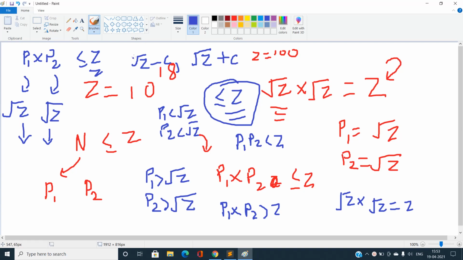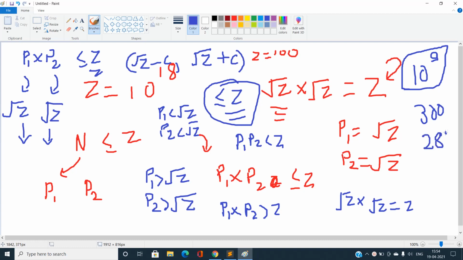Okay, so there is some fixed logic: the maximum difference between two consecutive prime numbers for values around 10 power 9. If Z is at most 10 power 18, root Z will go up to at most 10 power 9, and the maximum prime gap there is around 300, or the most precise value is around 282. So if you iterate around root Z minus 300 to root Z plus 300